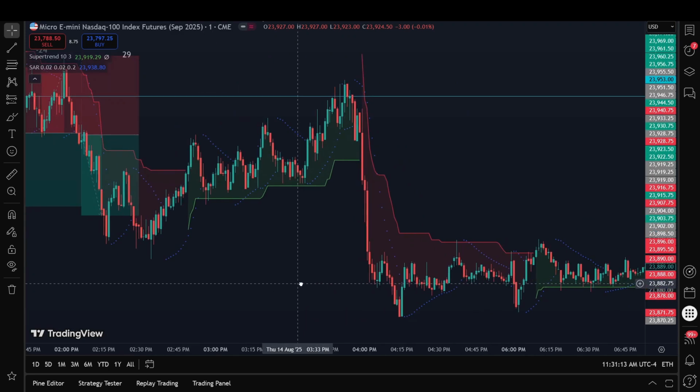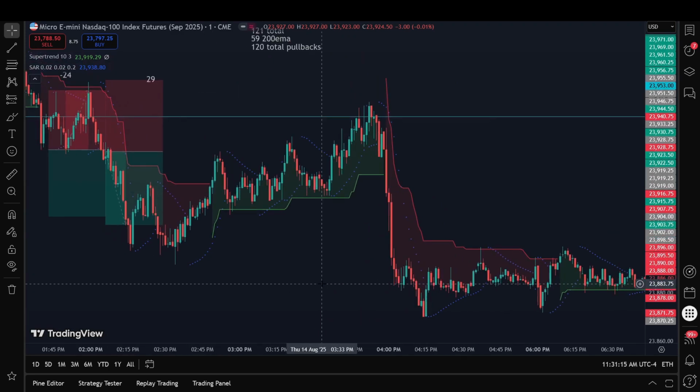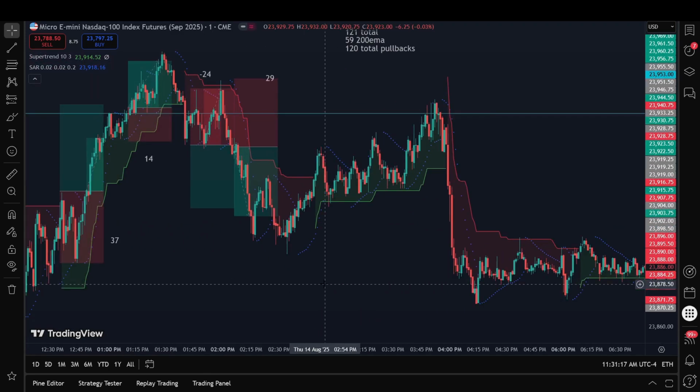So pretty good strategy. Again, it's just 1 week on the Nasdaq. There's a lot more testing to be done, but if you're looking for a mechanical strategy to use and make it your own, add your own stuff,